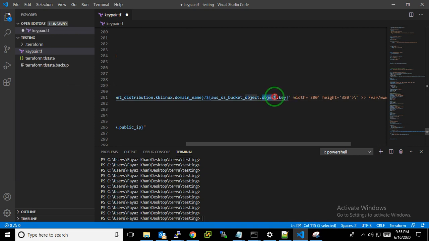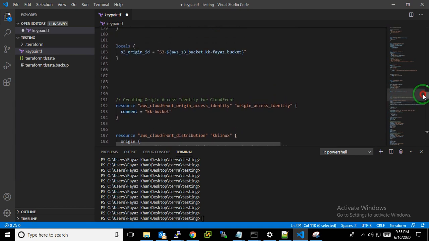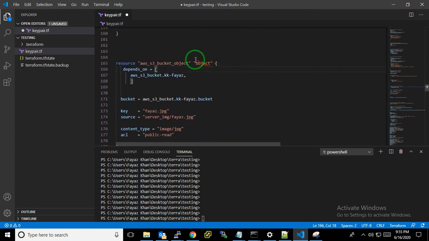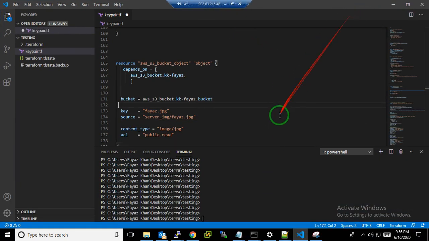So whatever we have uploaded will come up with this one. I uploaded an object which is my image, and you can confirm it from here. Uploading the image, I just told you. Then this is my image, this is my local machine server image. You can copy my image from this to my server image.